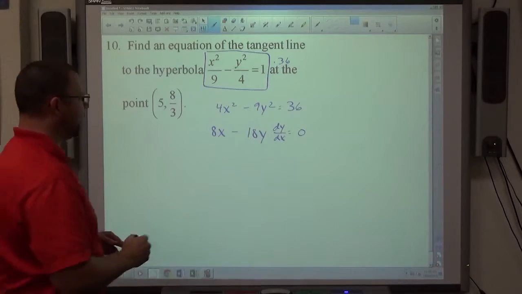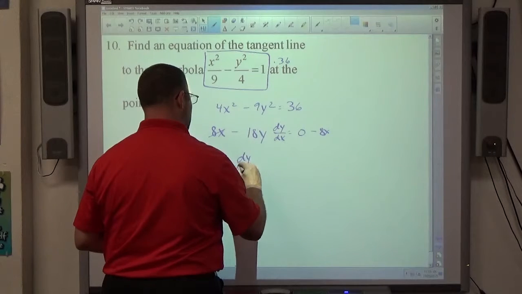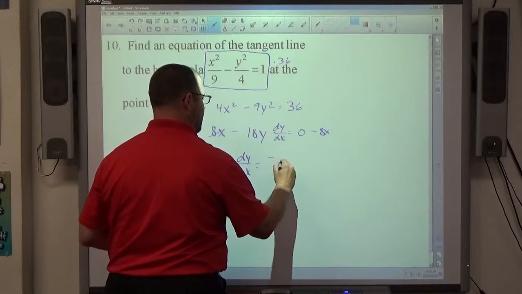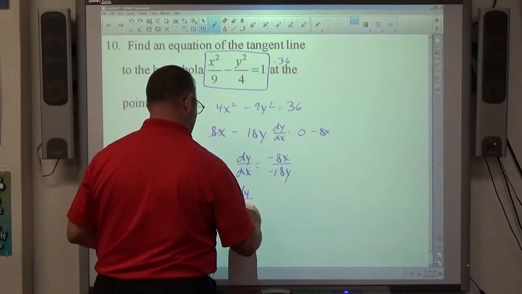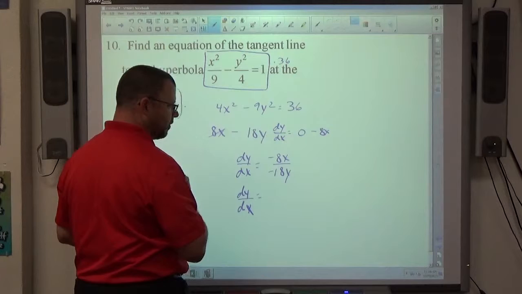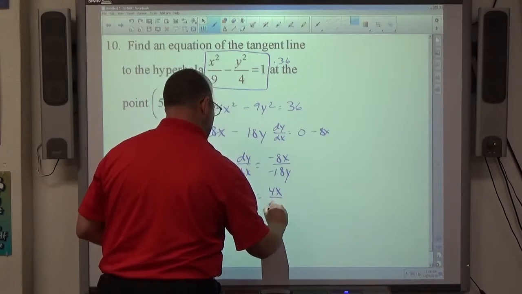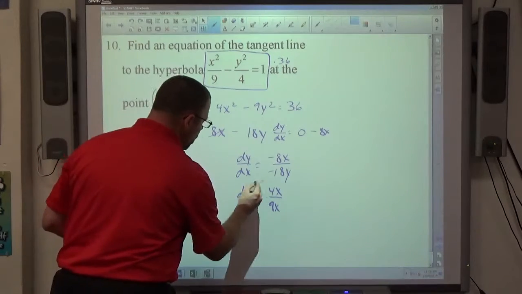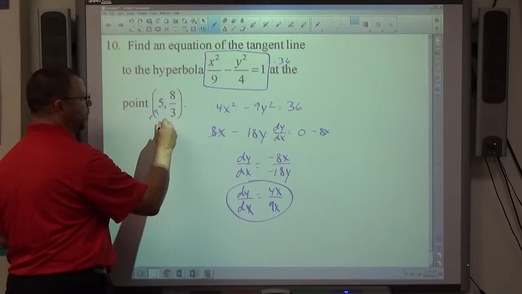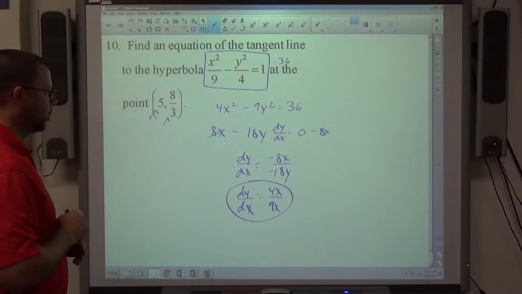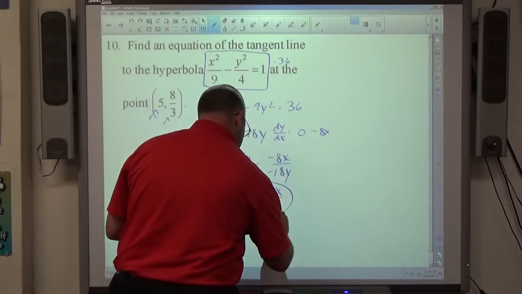So if I solve for dy/dx, I'm going to move the 8x over here. I get dy over dx equals negative 8x on top and negative 18y on the bottom. Two negatives make a positive. 8 over 18 makes 4/9, so 4x over 9y will be the simplest derivative. Once I know what the derivative is, that allows me to find slope. Keep in mind x is 5, y is 8/3. Oh, that should say 9y on the bottom instead of 9x. So next I want to